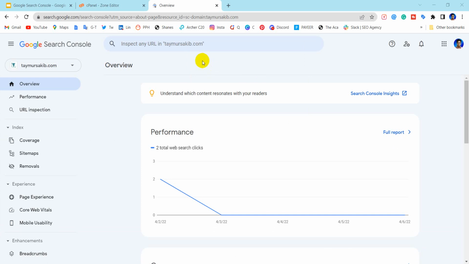So make sure that you have logged into your Google account. I have done this with this account. That's why I'm opening another Google account,